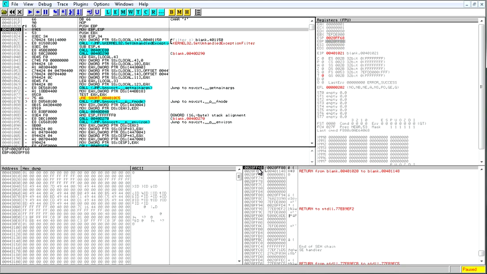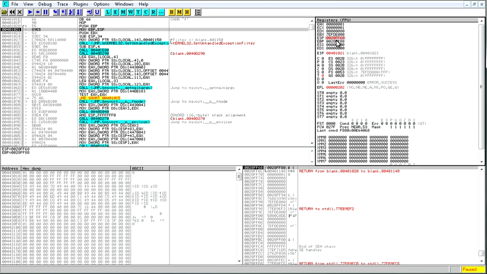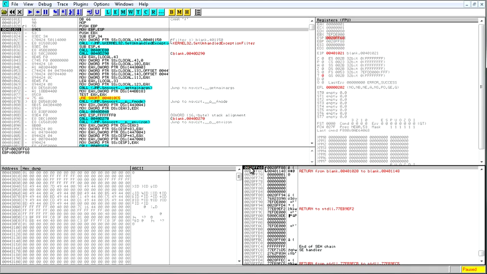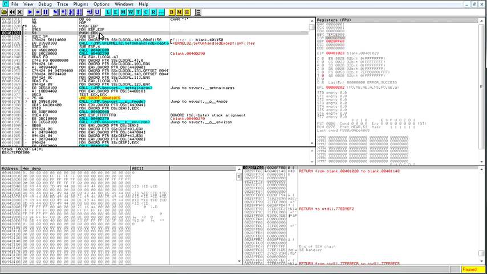Okay, now move EBP, ESP means to take the address of the top of the stack. No, it doesn't. Yeah, it does. Sorry. Because ESP is our stack pointer, and that's the address of the top of the stack, and it's saying to move that address into EBP. So if we hit F8, we'll see now EBP is the same as ESP. Had a little brain fart there.